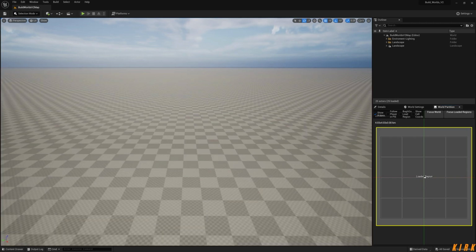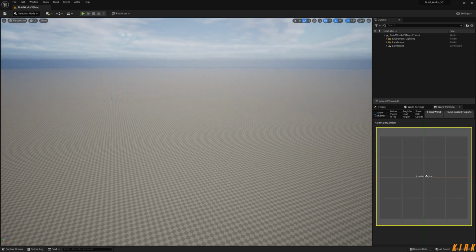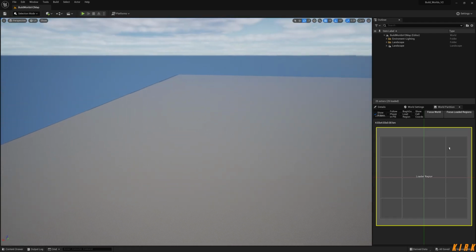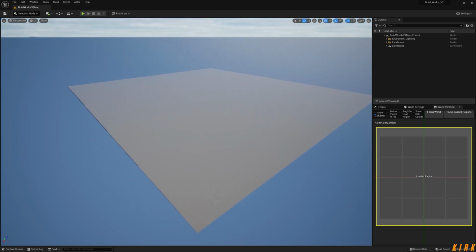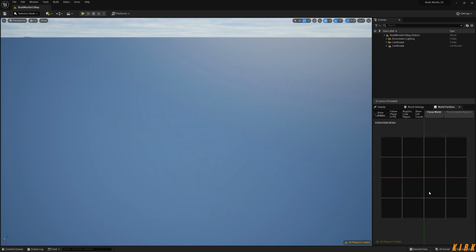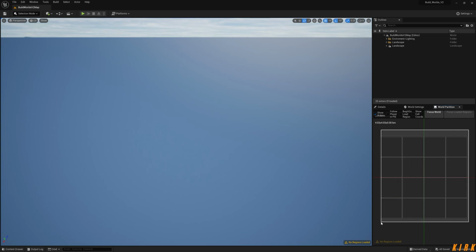And there you go. Now, for the people who are struggling with this particular moment: if you're not seeing it like this, and say I unload the selected regions now, like so, and you're seeing this, but are still seeing your landscape even though you highlight all. If you're seeing your landscape and you can right click and load from selection, that means